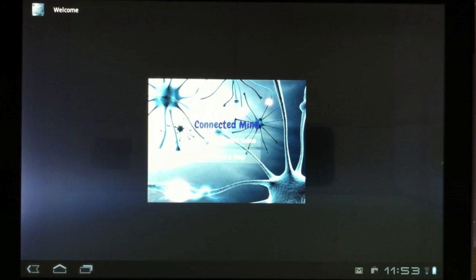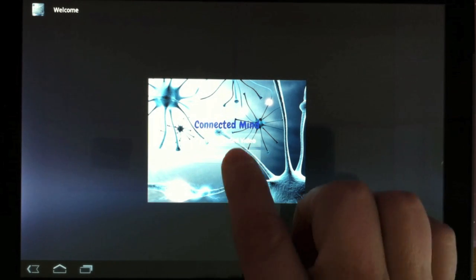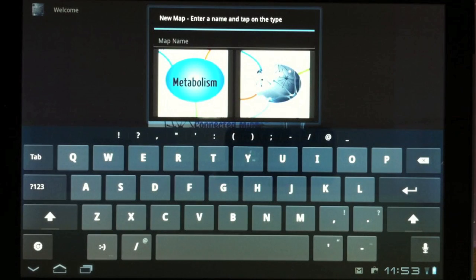Welcome to this getting started video for Connected Mind on the Android tablet. I have a Motorola Xoom here and I'm running Android 3.2 Honeycomb, and I'm going to walk you through creation of minds using this app. So let's get started. We click on Create Map, and here we've been asked to give the map a name,